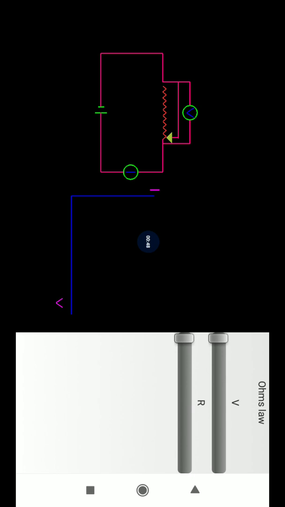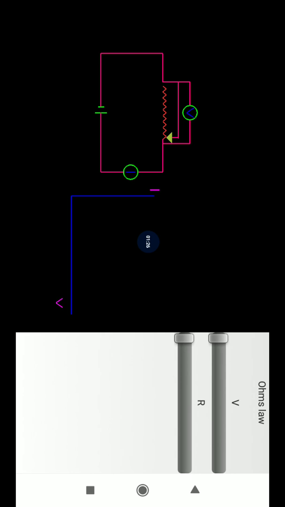So here, as you can see, the circuit diagram. Here we have a circuit that consists of a resistance wire, the red zigzag line. That resistance wire has been connected to a battery, the negative terminal on one side and the positive terminal on the other side, so that current flows through the wire, and in series an ammeter is connected. You can see the ammeter, I is written over here.